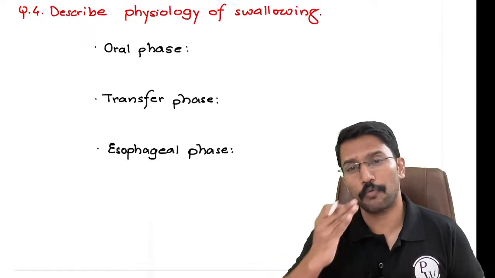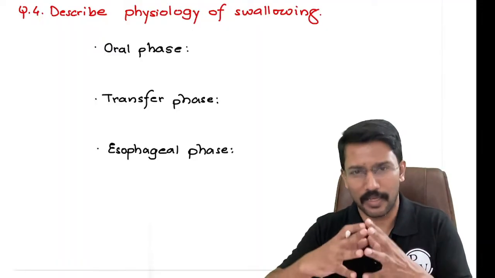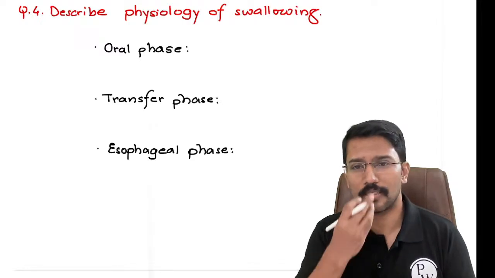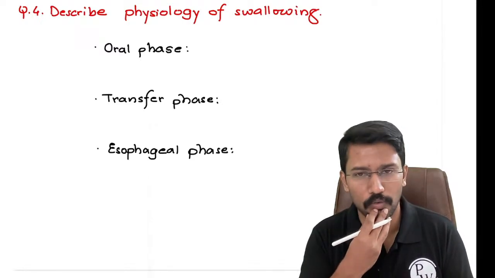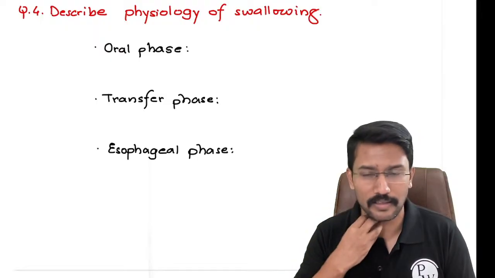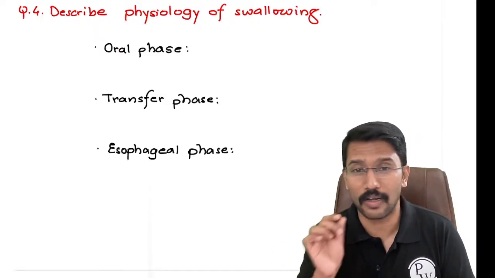So this transfer of food from the mouth to the stomach becomes the essence of our discussion today, right? And for us to do that, we have to first make the chewing movements in the mouth, create a food bolus, then hand over that food bolus to the pharynx. From the pharynx, we should make sure that it goes to the esophagus and not into the trachea,